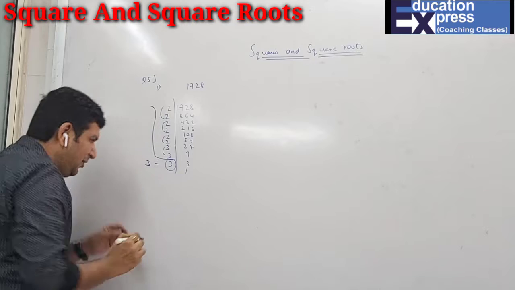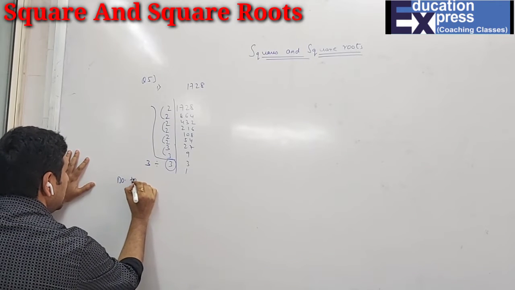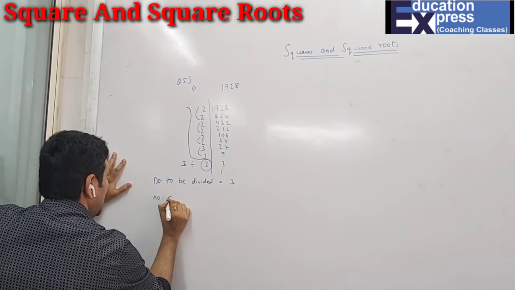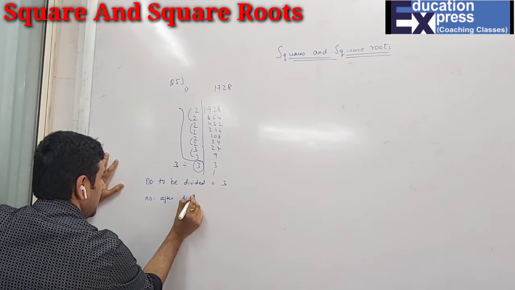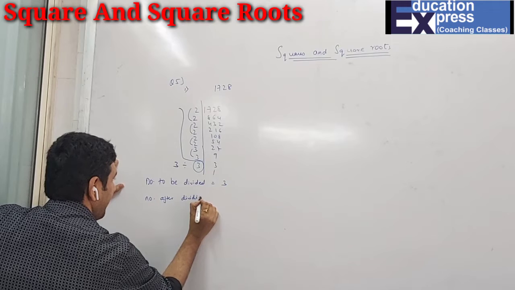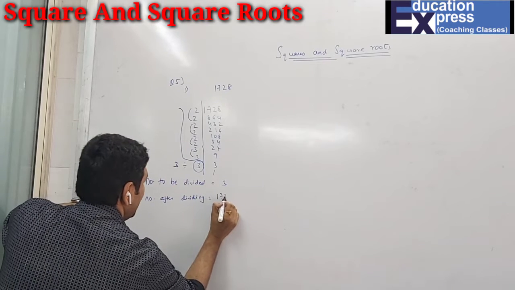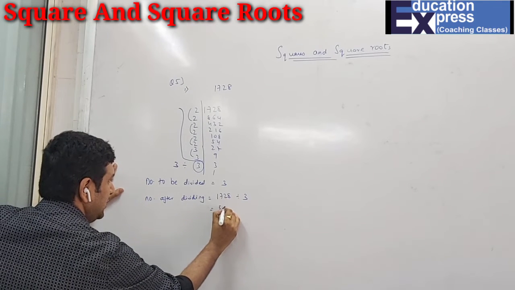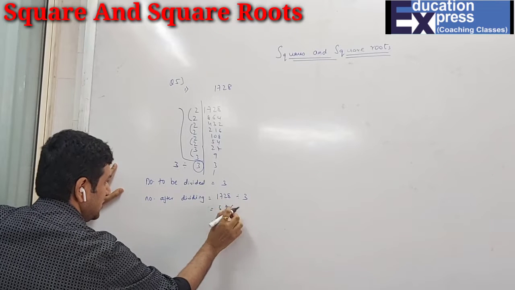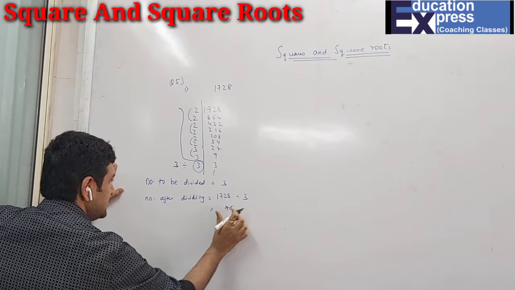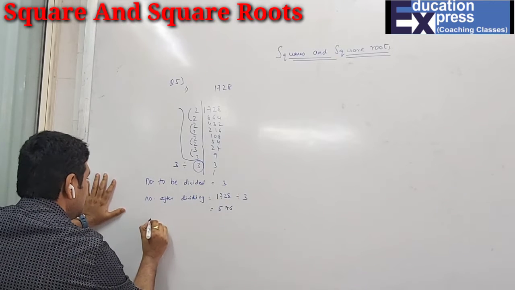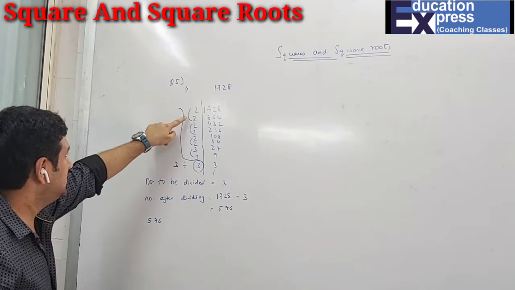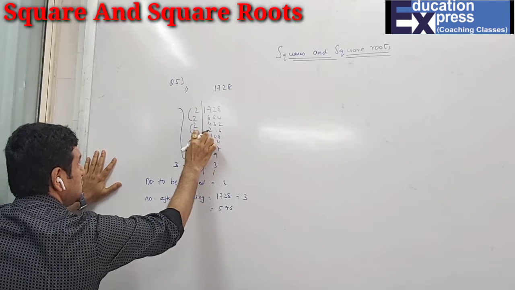So here first I write over here, the number to be divided is 3 and the number after dividing, what you will get will be 1728 divided by 3. So after dividing, the number will be 3 5s are 15, 3 7s are 21, and 3 6s are 18. So the answer is 576. Now for this we have to find the square root. I have told you, when you are dividing, this 3 will go now. So what is left is only 2 square, 2 square, 2 square and 3 square.